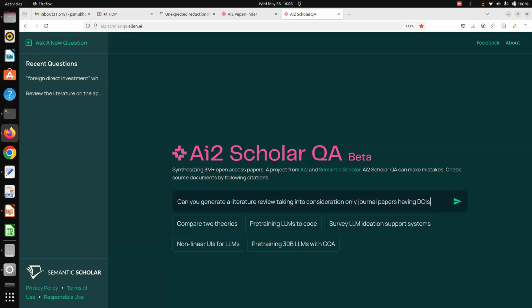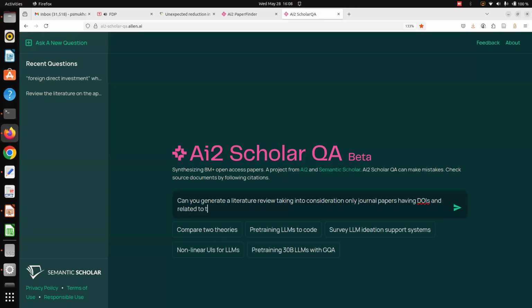I'm not searching documents anymore. I'm directly giving a task: generate a literature review taking into consideration only journal papers having DOIs and related to the following research question.